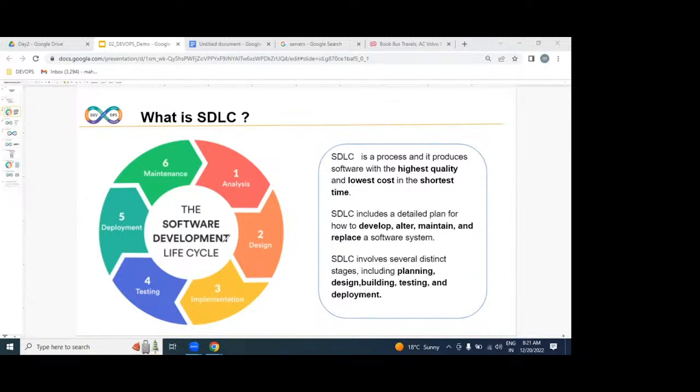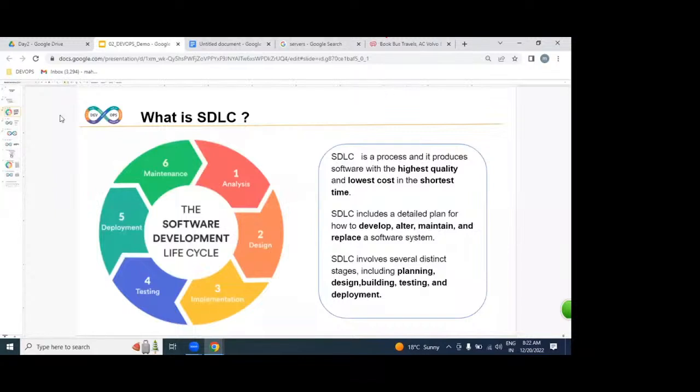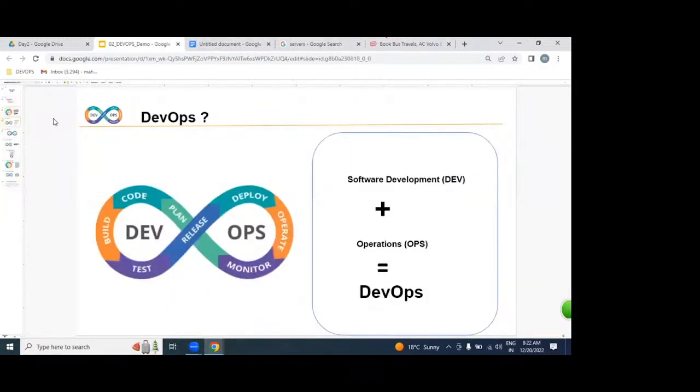By the end of the day, any IT employee, the developer or the tester or the DevOps engineer, we have to produce an application to do business online. Any IT employee's goal is for what? To produce working software as an application, to do business on the internet. That is exactly SDLC. In SDLC, we are going to implement our DevOps process.